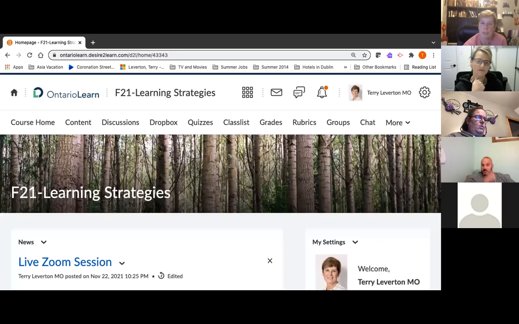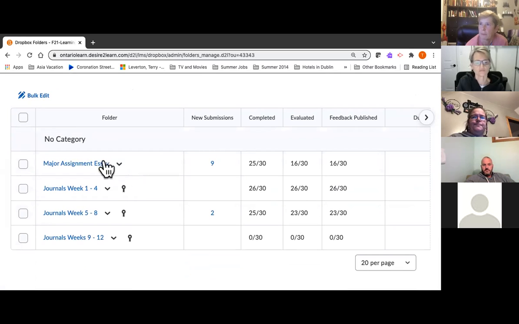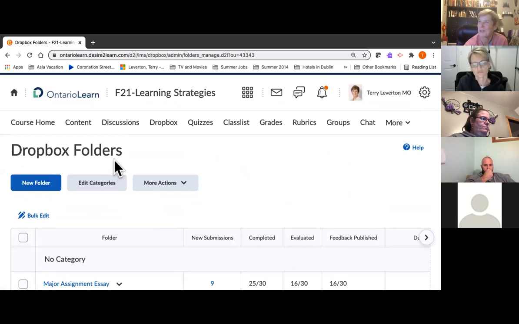So right now we're in the last basically 3 weeks of the course, but 2 where we're doing activities and things. And then the week 13 is writing the quiz again. So the only thing that is going to be due for the Dropbox after this is the weeks 9 to 12 journals. Everything else is due already. So if you haven't handed them in, make sure you do, please. And I'm going to go back to course home.